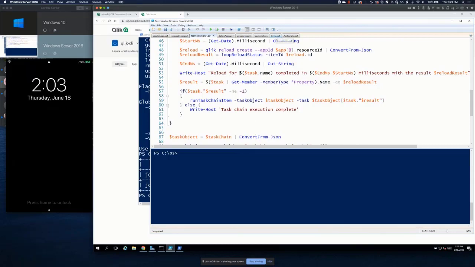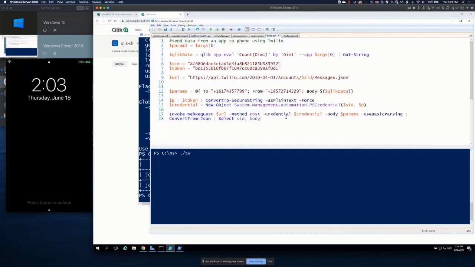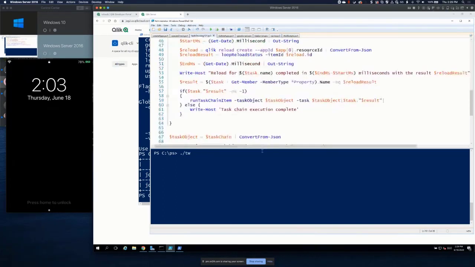And then the last thing I want to show, because we've got not a whole lot of time left, like 1 minute, you're good. I have this script that will send data, because you can actually use something called the Eval command to look at data inside of an application. And if we run this Twilio script,